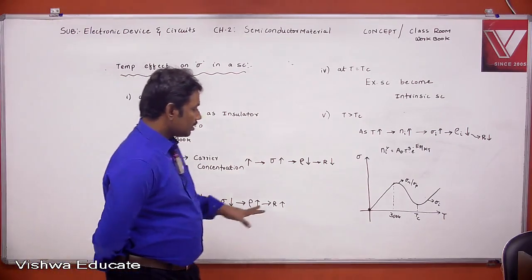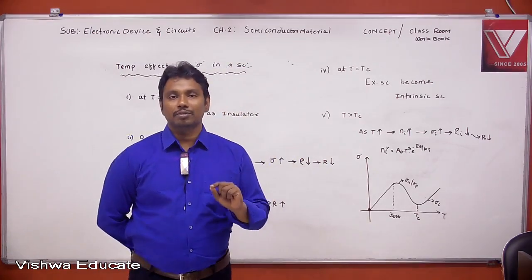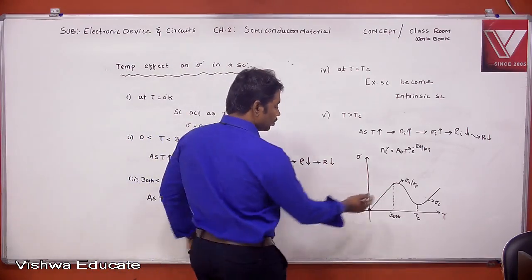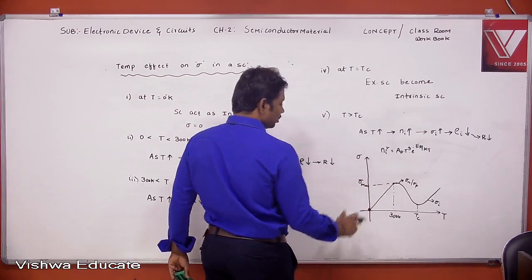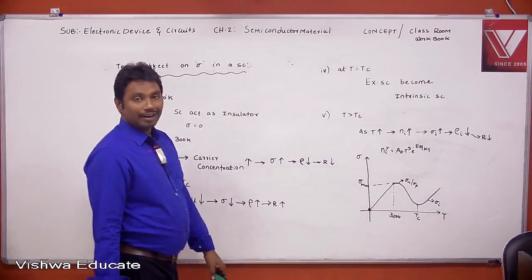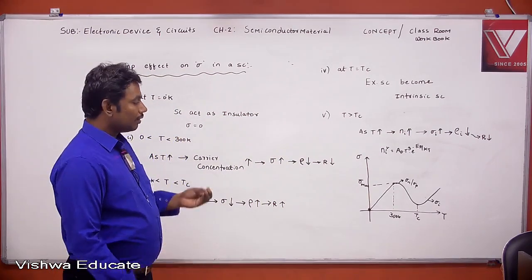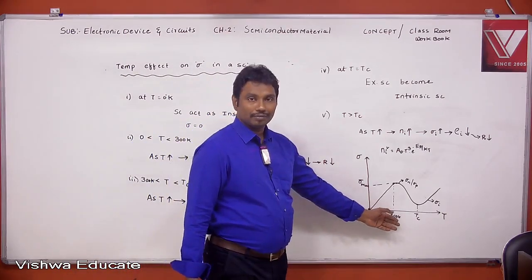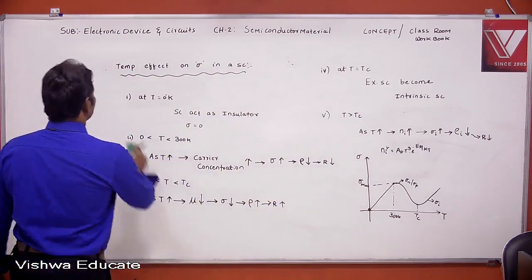See, what we can understand from this graph: semiconductors offer maximum conductivity at what temperature? At room temperature, from this graph, right? That means all semiconductor devices are giving the best electrical characteristics at room temperature, right? And next topic,